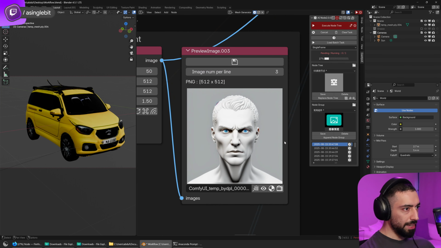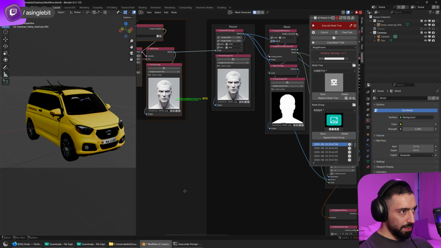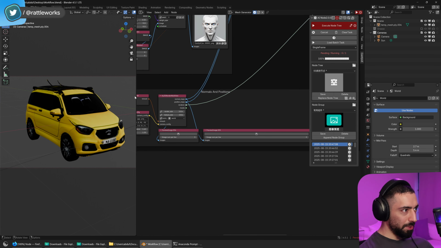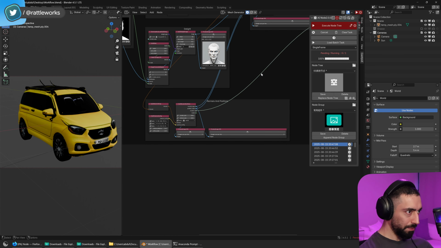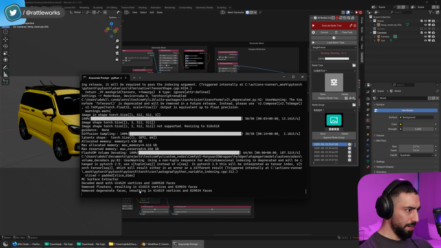Okay, the lighting kind of sucks. I have to admit, the lighting kind of sucks. It's not very useful for this image. Well, that's what you get with AI. It's mostly slop. Okay, let's see what's happening here. Removed degenerate faces. Okay, so we have